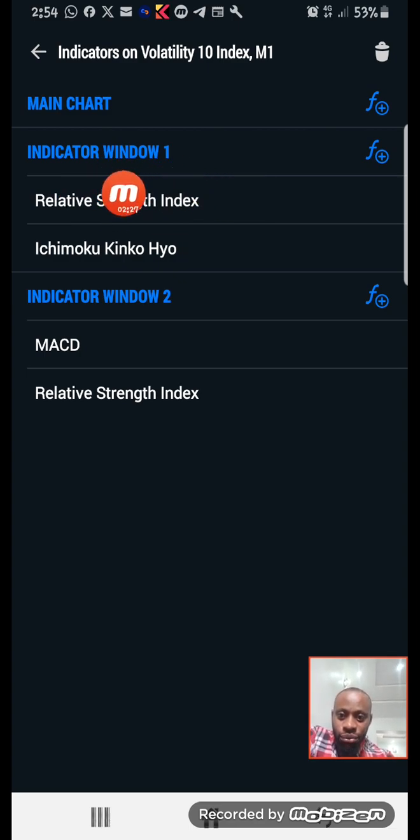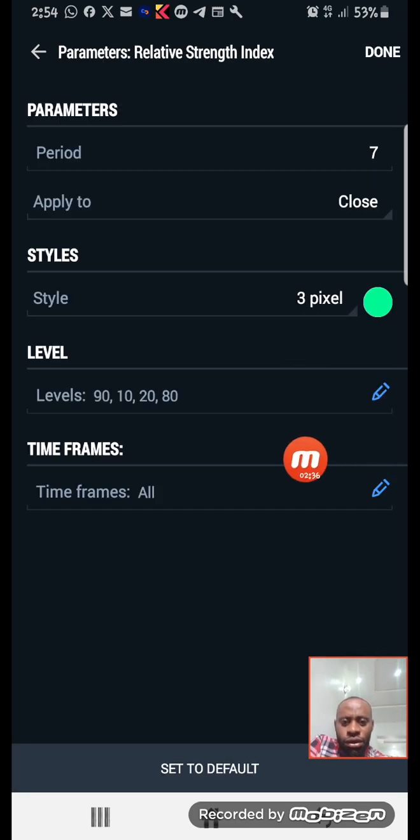So I click on the first one. The first one is the RSI, relative strength index. Click on it. You set all your setup like this, with the levels this way, exactly like this. After you click done,